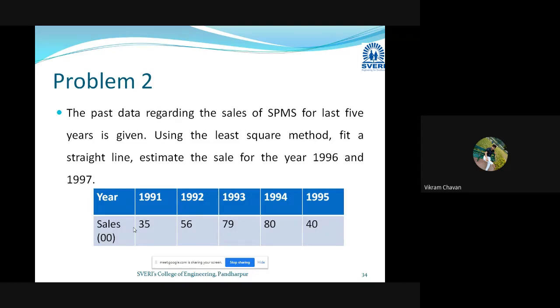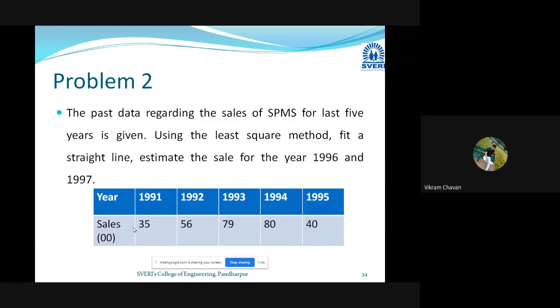Okay, Pranil directly answered. So a is 58. Anna is saying 58, Dinesh is saying 58, Amol is saying 58. Pranav, you are getting a different value, 81. How come you are getting 81? Pranav, can you unmute and say how come you are getting the 81 value? So what is the mistake?